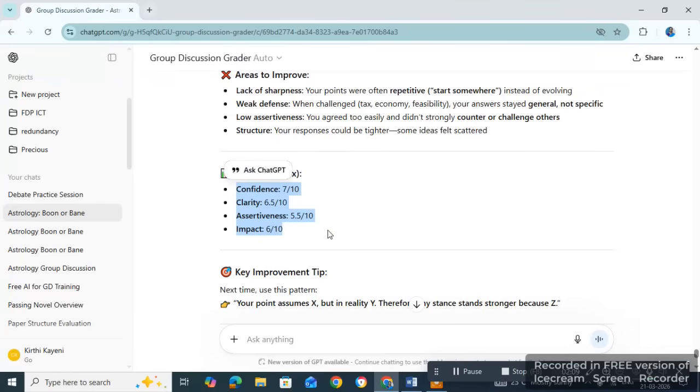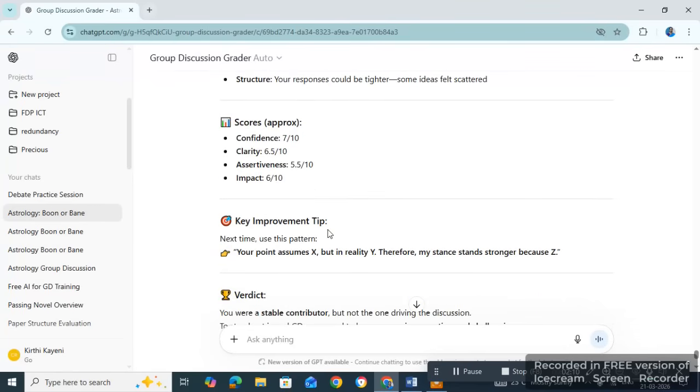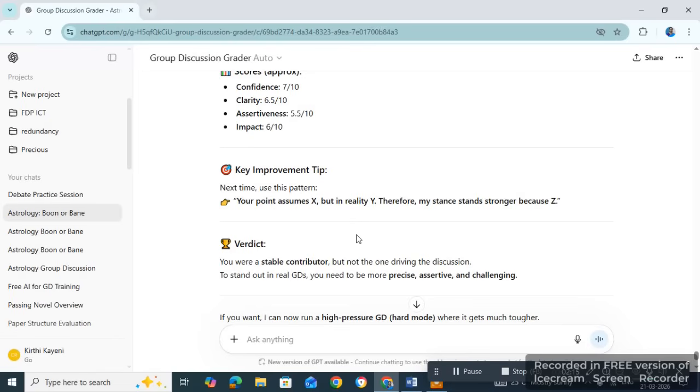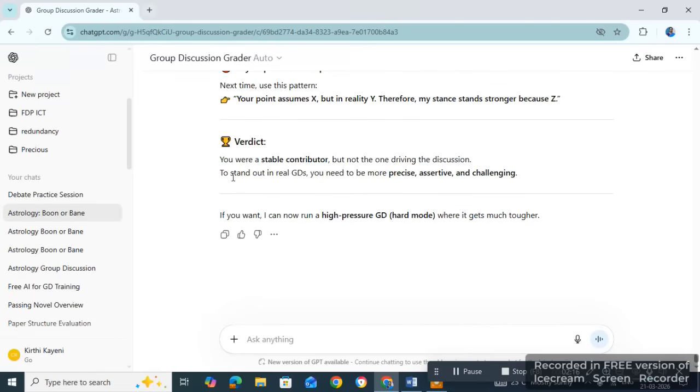You can also use the plugin, or you can use the normal ChatGPT, but sometimes the results might be different, and at that time you need to remind ChatGPT to not give any extra content other than the counter arguments, and the evaluation needs to be only at the end.